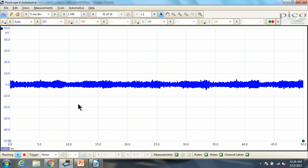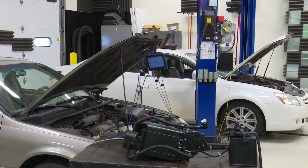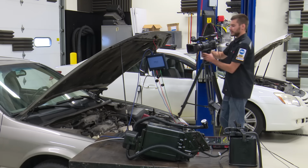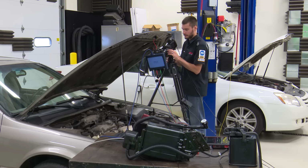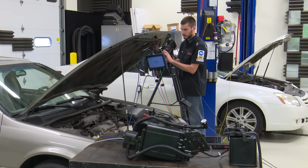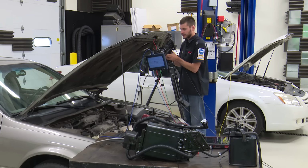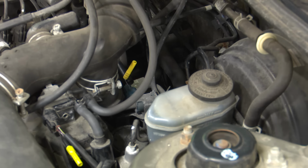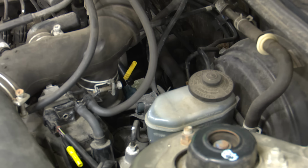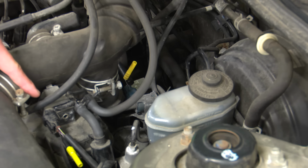Alrighty, let's look at the scope here, and let's get some stuff set up. Now, I'll bring you guys in on the system here. Bear with me. Let's make sure I don't make anybody sick moving a camera like this, but I'll show you guys where this thing is located. All right, so let's take a look here. Try and get you guys all focused in. All right, there we go. So it's very, very difficult to see right now because of our air box and everything in the way. Sorry, hang on. All right, so right here, where our yellow lead is right here, this guy is our purge